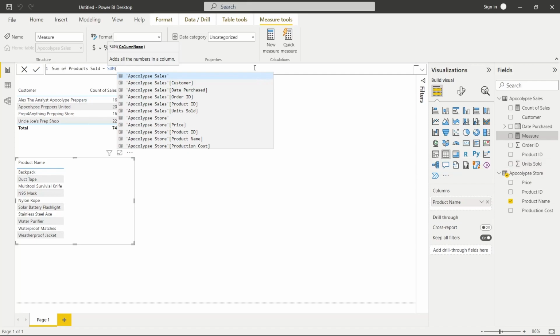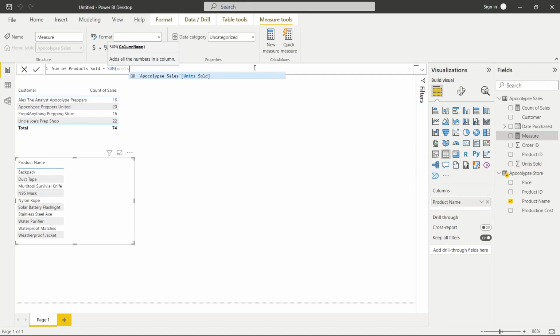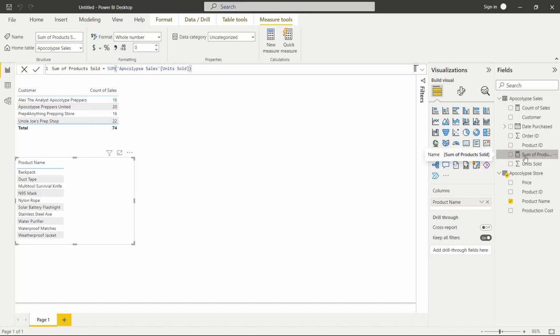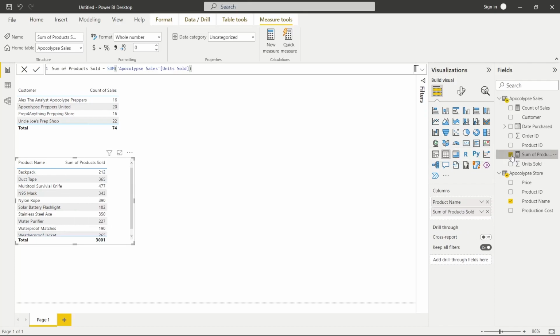So we're going to say units sold. I'm going to hit tab. It's going to auto complete that. I'm going to close my parentheses and I'm going to come over here and click this checkbox. So now it's created that measure and we're already selected in this table. So all we have to do is click the check mark and it's going to show us that we have